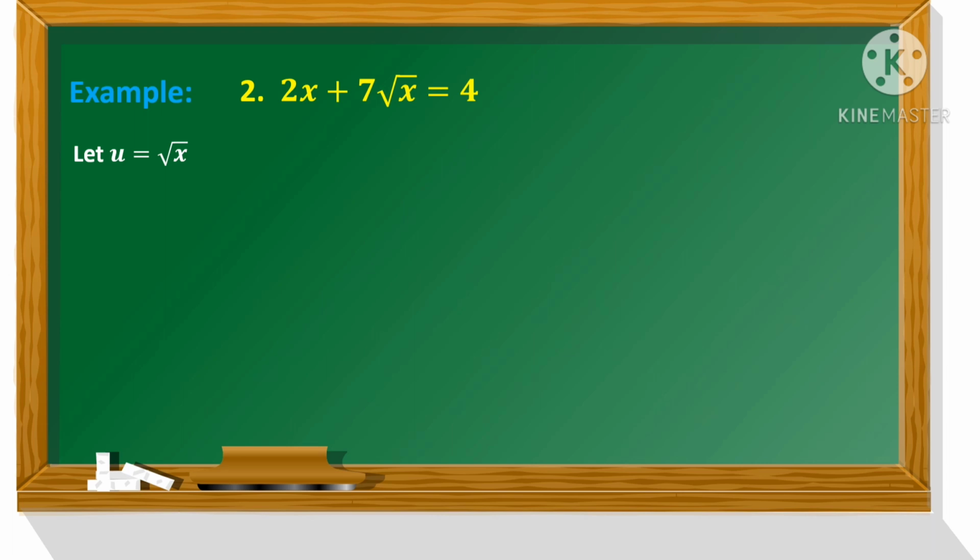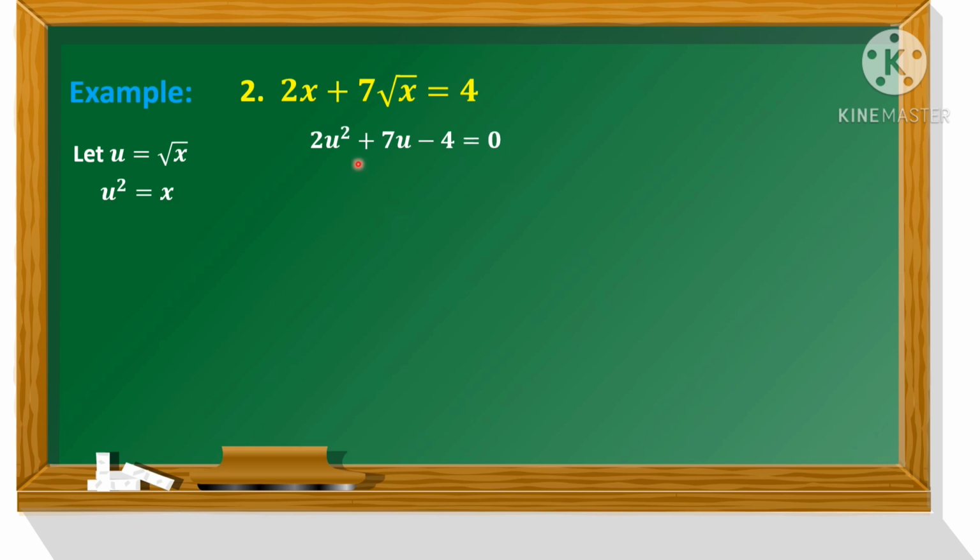But we need also to replace x. So in the representation u equals square root of x, if we square both sides of this equation, it will come out that u squared is equal to x. So this is what we will substitute in the equation. So when we replace the square root of x and x with u, it will become